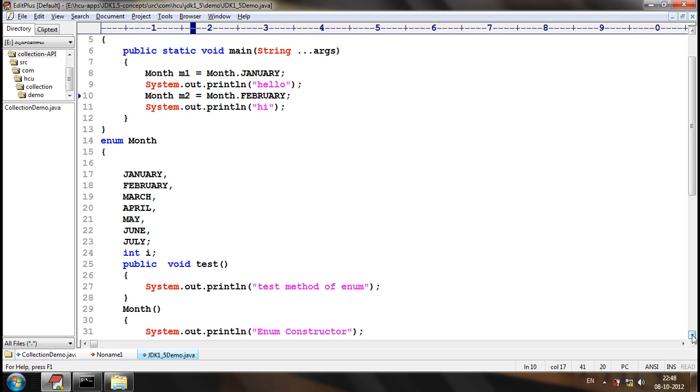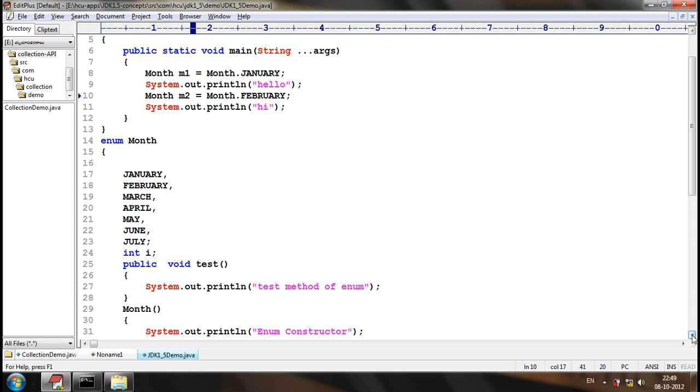We need not explain in that manner. If there are only attributes or only methods, then we go for a class. Why should we go for an enum? Enum has a specific meaning, so we should go for an enum only when we want types of constants. If there are no constants, definitely we should use a class. So can we say enums have more features than classes? That's not correct.